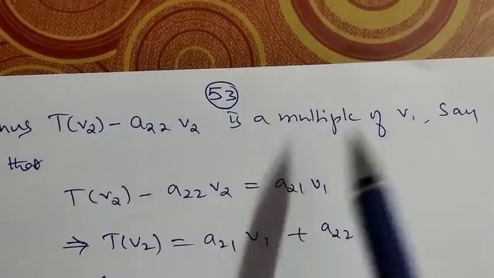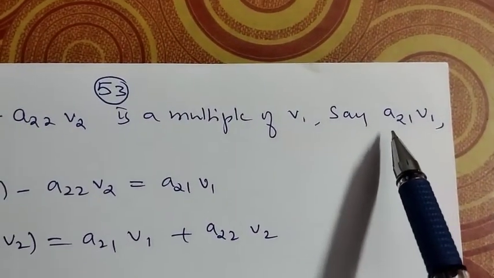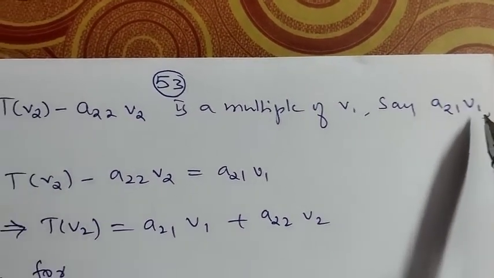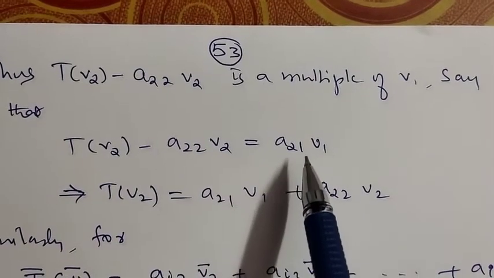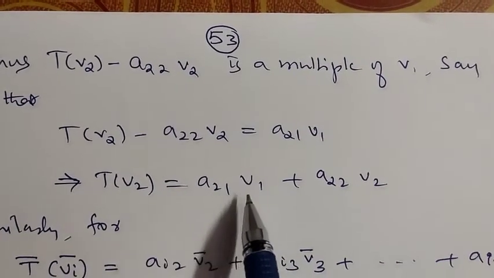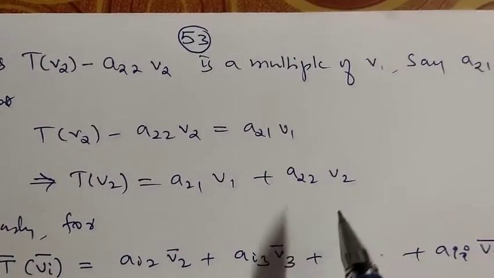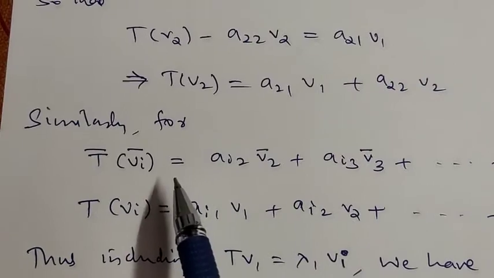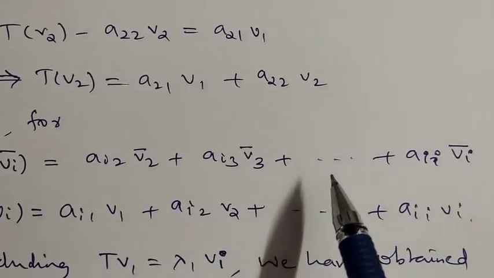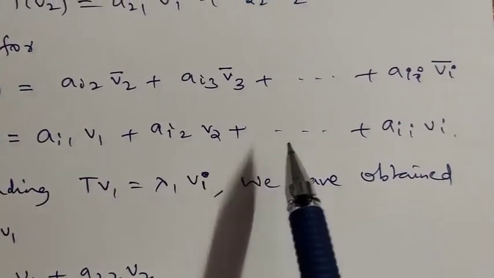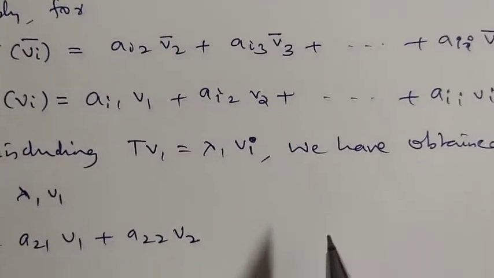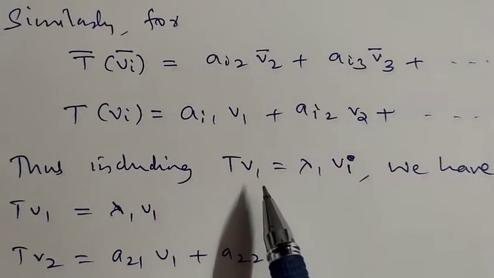So T of v2 minus a22 v2 is a multiple of v1. Say that multiple is taken as a21, so a21 v1. Therefore T of v2 minus a22 v2 is equal to a21 v1, or T of v2 is equal to a21 v1 plus a22 v2. Similarly, for T bar of vi bar equal to ai2 v2 bar, ai3 v3 bar, etc., aii vi bar, T of vi can be written as ai1 v1, ai2 v2, etc., aii vi. Thus, including the first term, which is the case when the dimension of V is equal to 1,